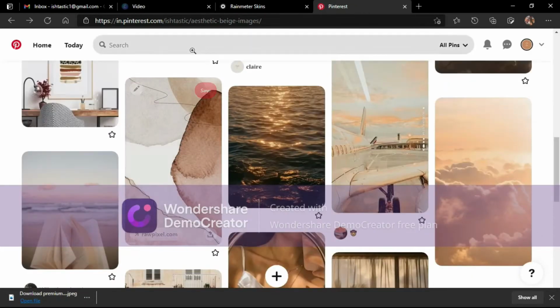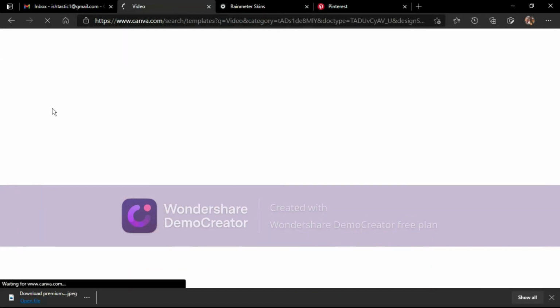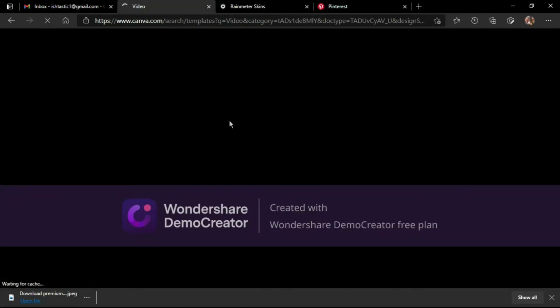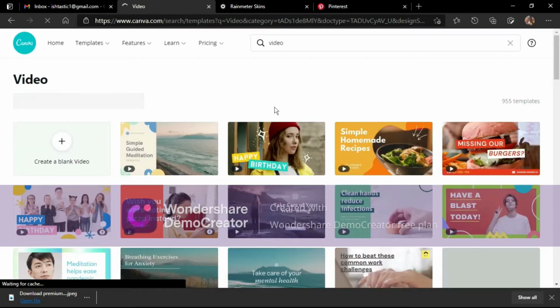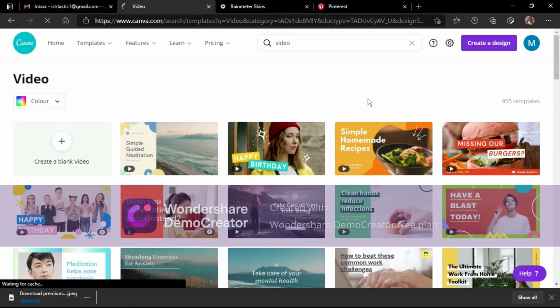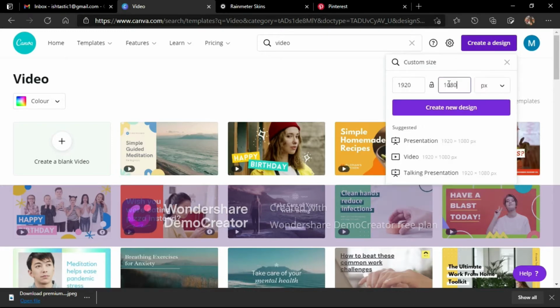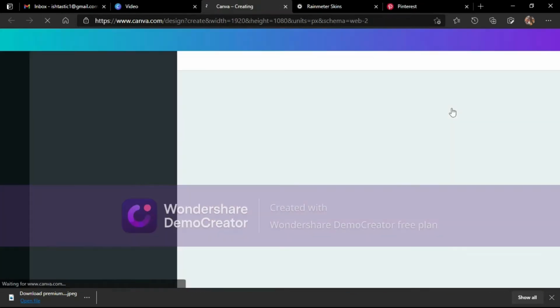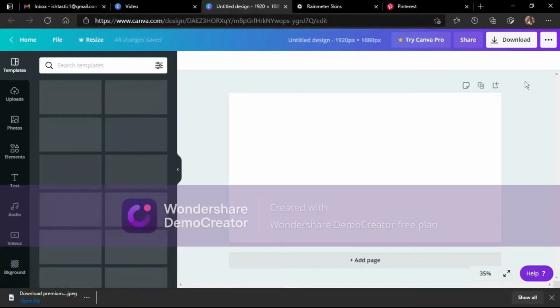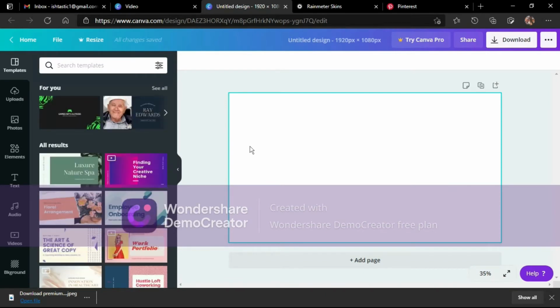Now we go to this website called Canva. So I've already opened Canva over here. It's just canva.com. You might have to create an account in the beginning. Go to this, on the upper right corner you have create design. I click on that. Now I like to put a custom size for the wallpaper, as you can see over here. Now you're going to create new design. So once you come over here, you get a canvas about the size that you put in.